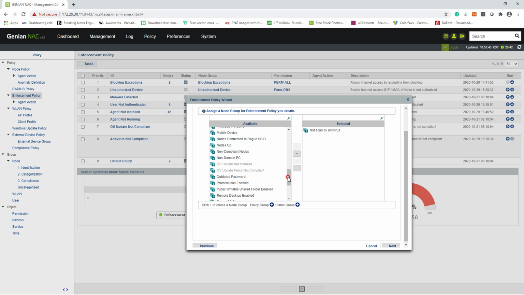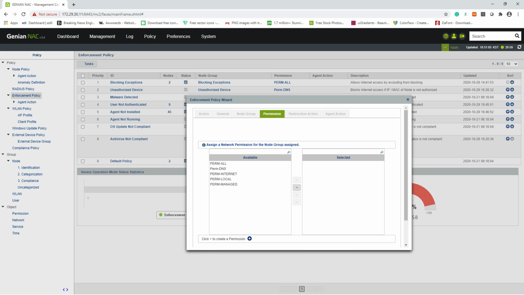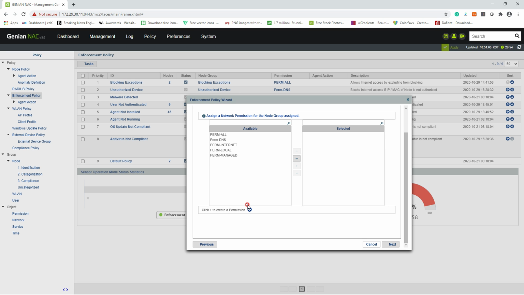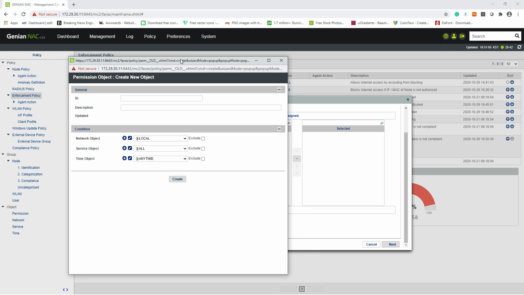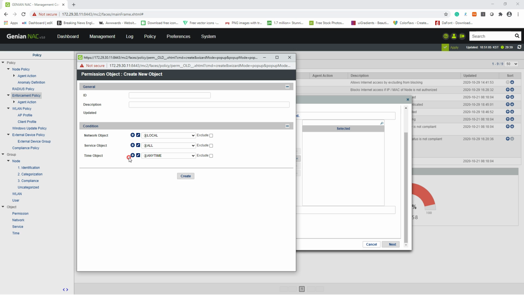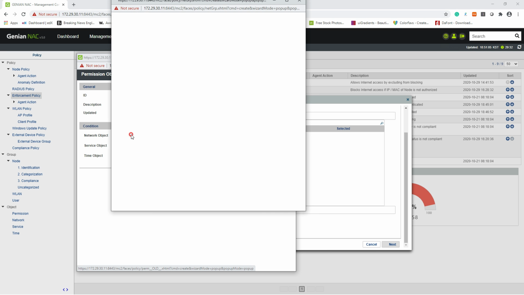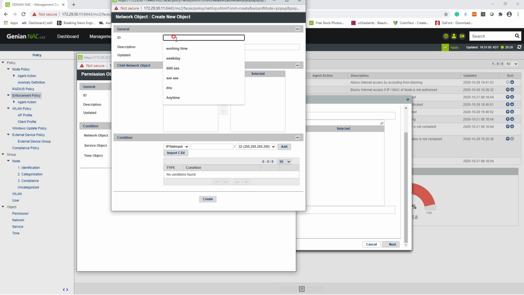And save the group and select the created status group. And next. And we need to create the permission to assign to not scanned by the antivirus. Click the plus button, and first of all, network object is an IP that allows access. Click the plus button and enter the